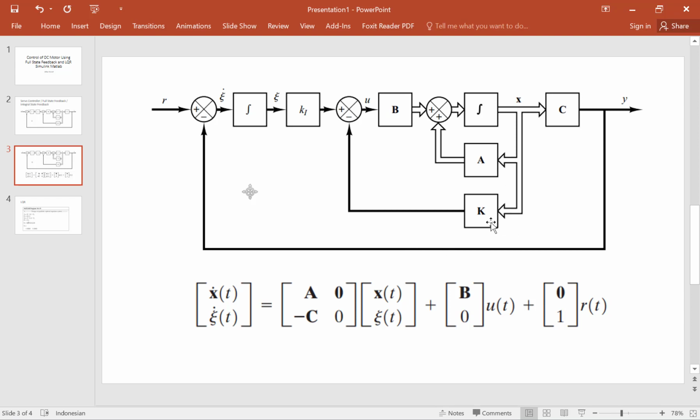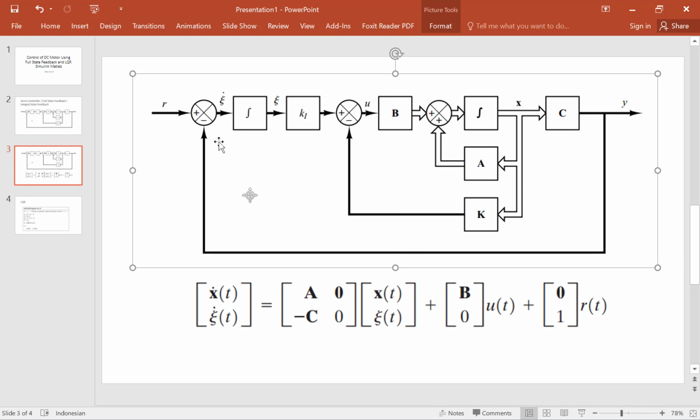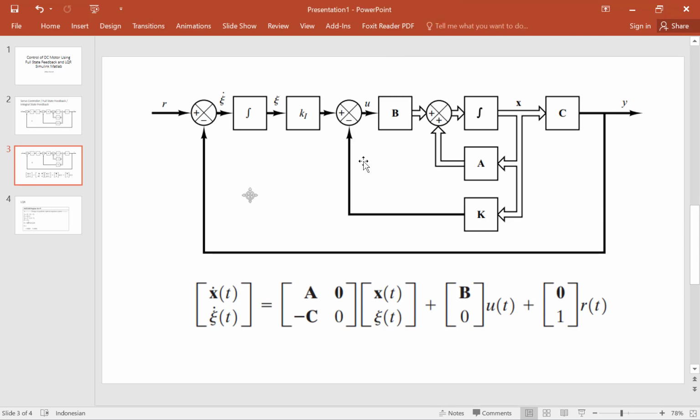All of the states are fed back by state feedback, and then there is just one state for the integral feedback. The feedback is only one state, and the state feedback covers all of the states. So there are two states here, x1 and x2. The first state is the angular speed, and the second state is the current.